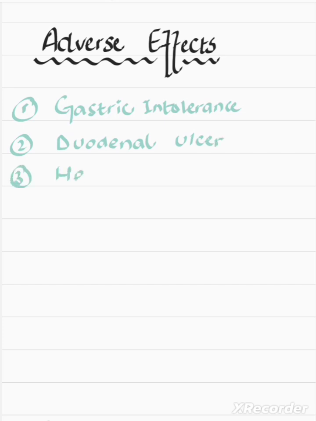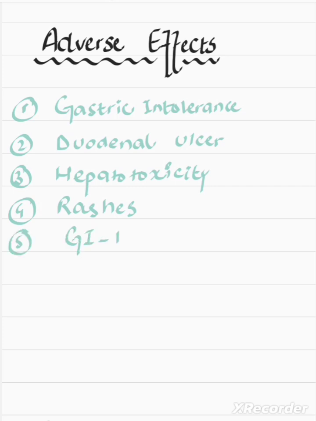Aspirin can cause hepatotoxicity, and this adverse effect is most commonly seen in the younger patient. It can occur in adults and geriatric as well, but this adverse effect is often seen in the teens and in the children. It can cause rashes. It is very common with the use of aspirin. It can cause GI bleed, and it can cause renal toxicity.